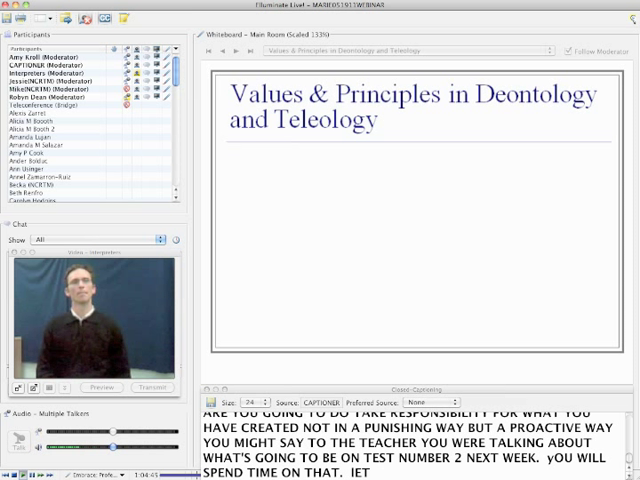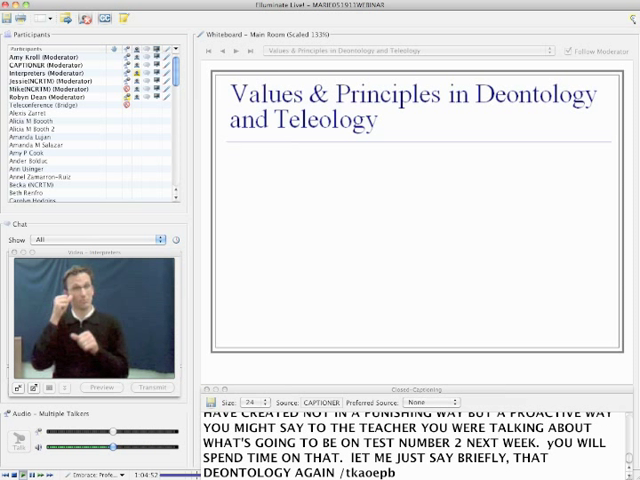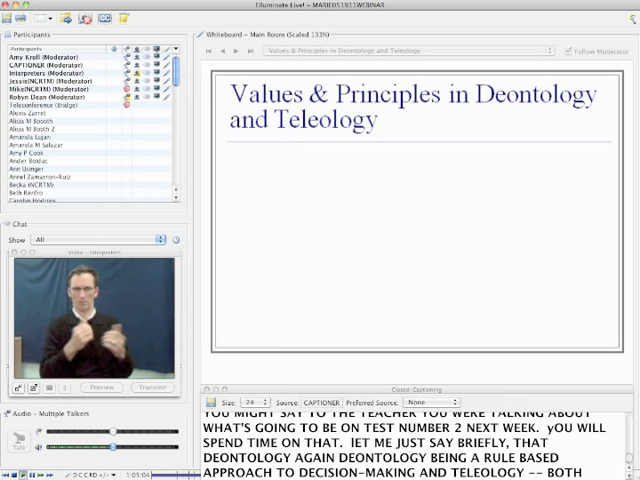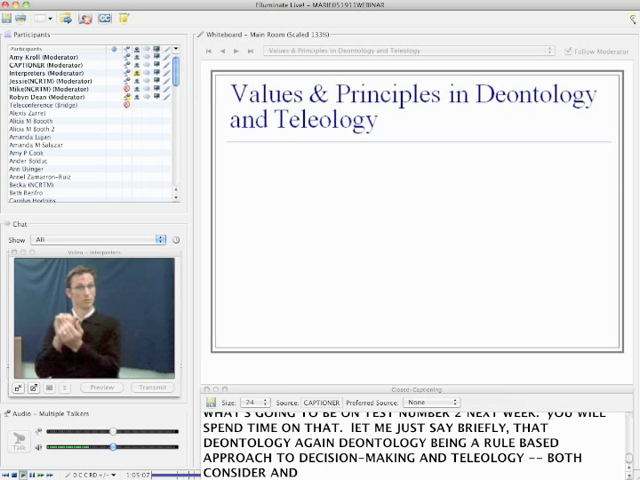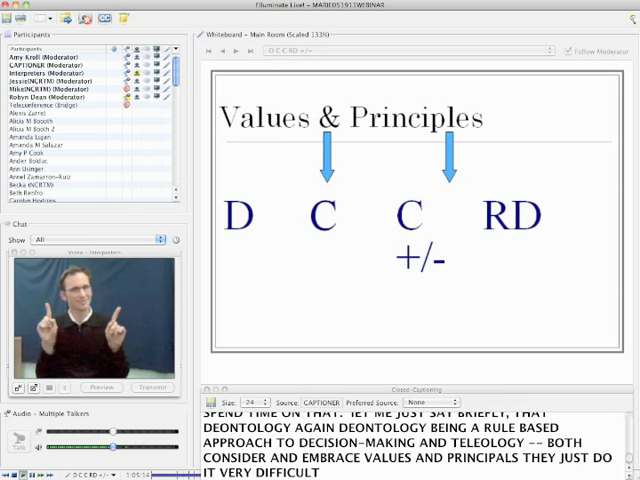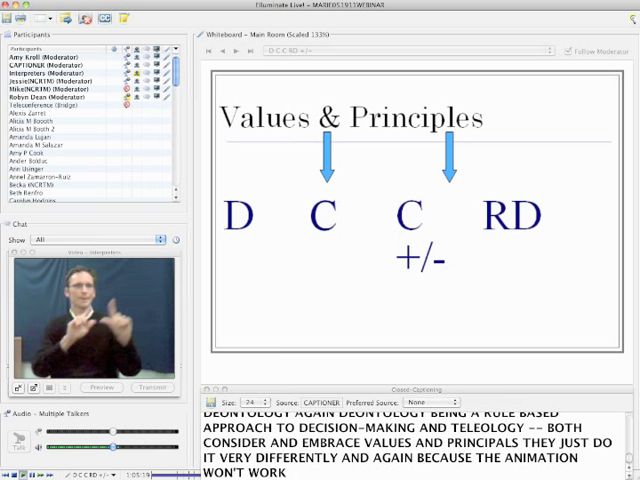Let me just say briefly that deontology, again, deontology being a rule-based approach to decision-making, and teleology being a consequences-based approach to decision-making, both consider and embrace values and principles. They just do it very differently. And again, because the animation will not work for this, I won't be able to show you the animation. But assume we're talking about